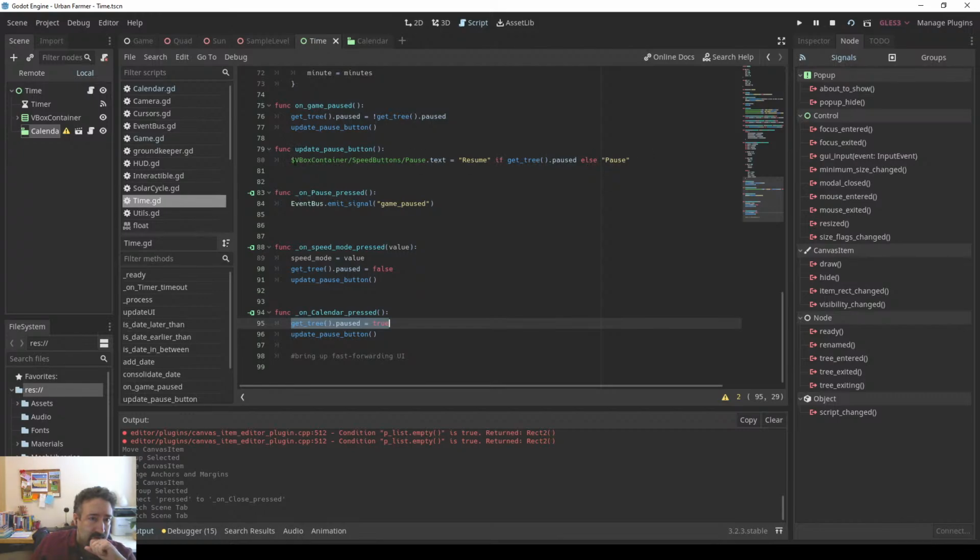This is still pretty much hard coded. We do call the game pause within calendar, thinking that this is only going to falsify the pause state, because we know since the calendar UI is open, the game must have been paused and it should resume the game. So we will run the game, but